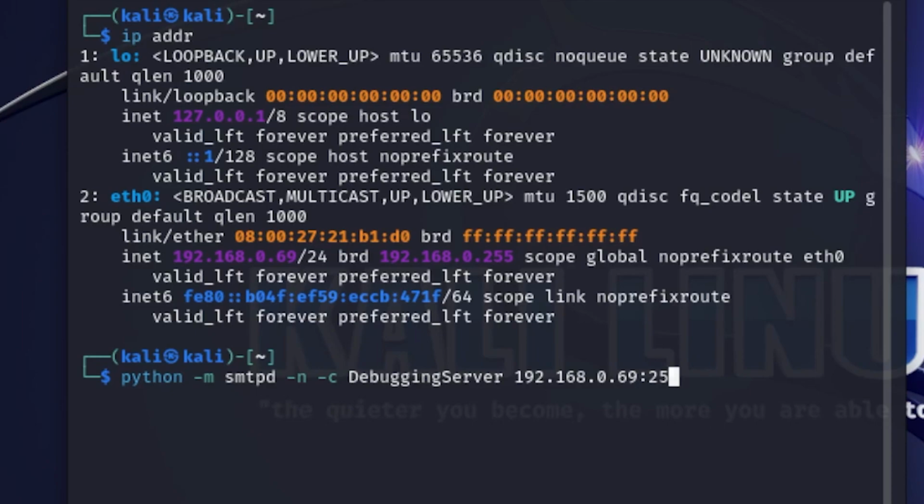-c is the class that we are going to be loading. It is DebuggingServer. So we are loading the DebuggingServer class of smtpd. This is just a basic SMTP server that will authenticate everything, accept everything that you give it, but it's not actually going to email anything. The value that we're going to pass to it is this